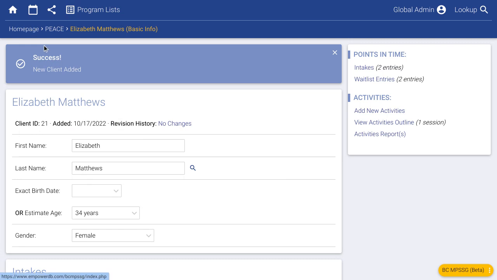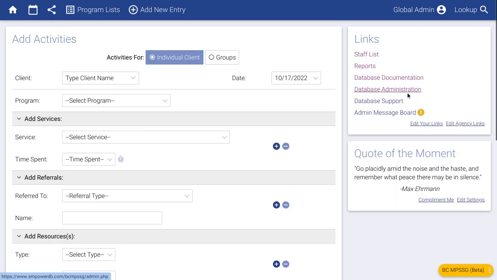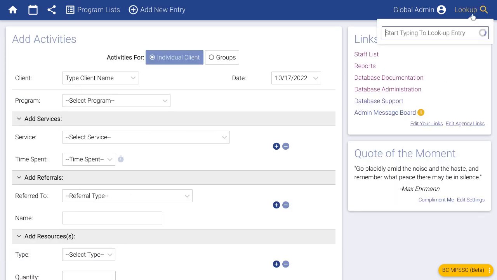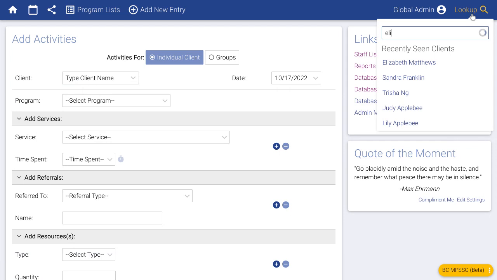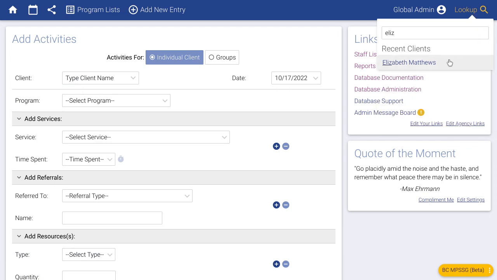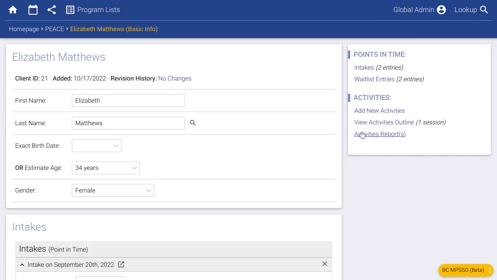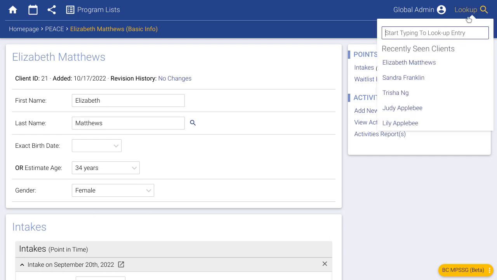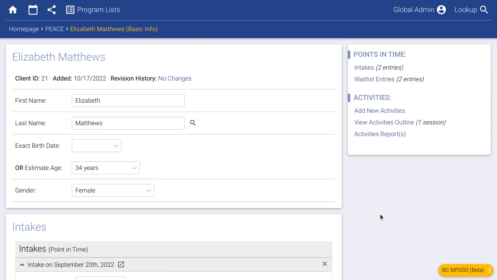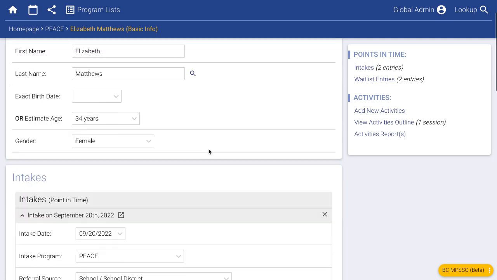So when you're on any other page of the database, in order to get back to that client, we can go over to the lookup box here, type in their name, and visit their client record like that. We could have also used their client ID number. Every client that gets added has their own unique ID number. This one is 21. And we could have just gone up to the lookup box and said, go to client 21. And then here's where we can say,